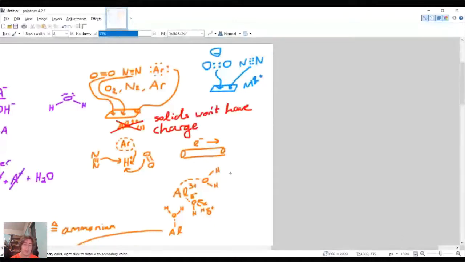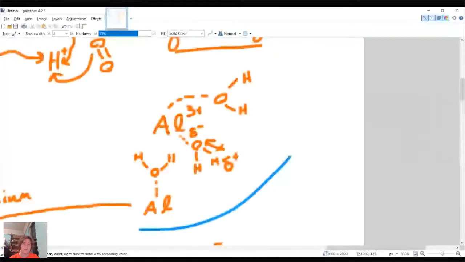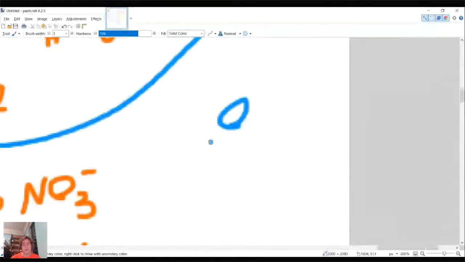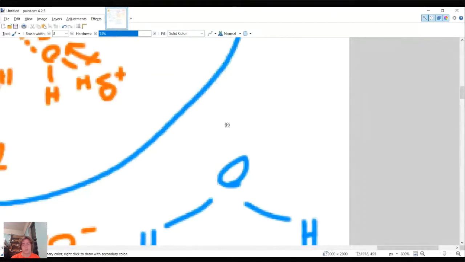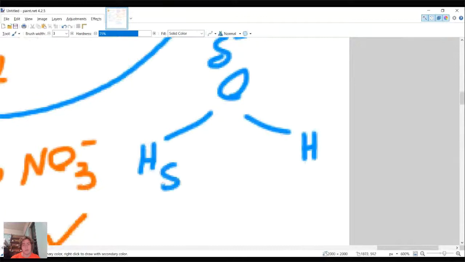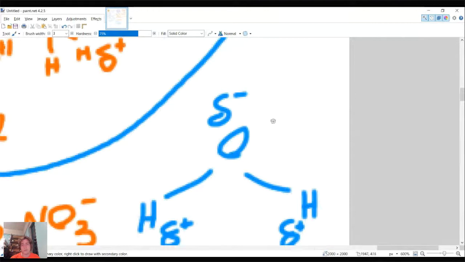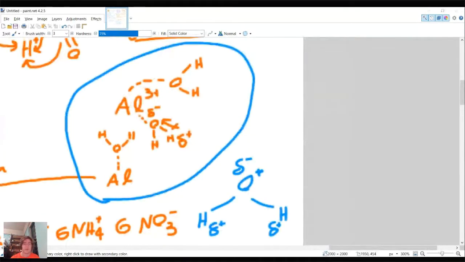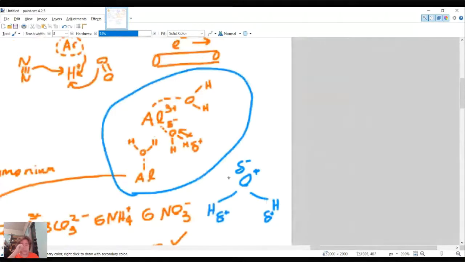However, in terms of aqueous aluminum and water right here, so this term right here is what I'm explaining. The water looks like this, right? And water is a polar molecule, so there's a partial negative charge on the oxygen, and partial positive on the hydrogens. So the electron-rich region is at the oxygen, and that will attack the aluminum just because opposites attract. And the reason why the aqueous is the exception is because in the water, there's essentially only water.